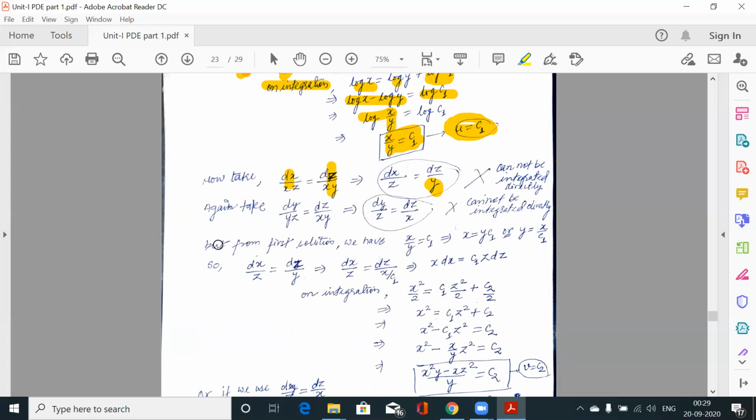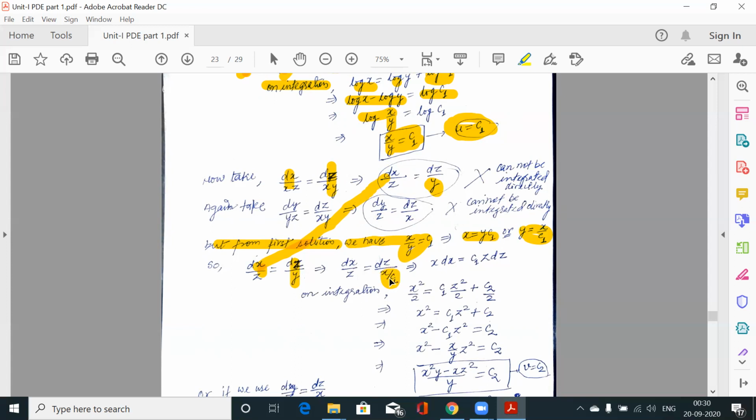So from the first solution, we have x over y is equal to c1, that means x is equal to y c1, or y is equal to x over c1. We can use any of the transformations. So x, dx over z, we have used this combination, dx over z is equal to dz over y. Now this is with respect to x, this is with respect to z, so we have to eliminate the y. So by using this value y is equal to x over c1, we substitute this for the y,